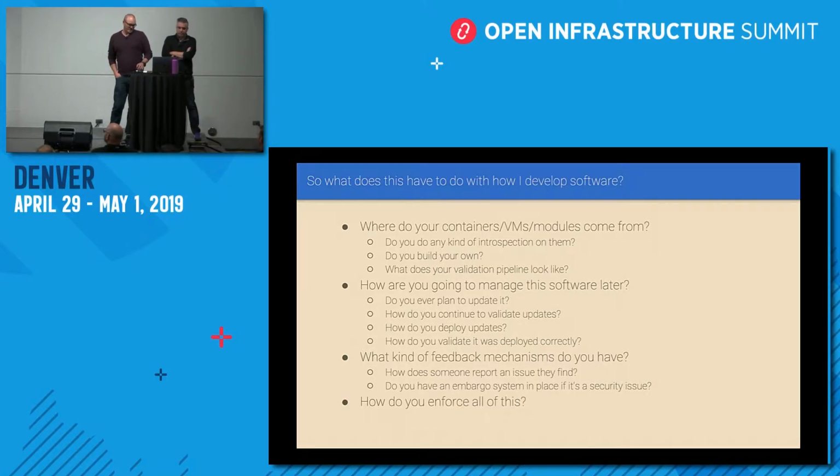And then last but not least, in this slide at least, how do you enforce all of this? Back to that security slide with the security guard who was just taking a picture of it. Having a security policy is great, but if people don't follow it, oh my goodness. That's something we're dealing with as well. Every company, big or small, deals with it. But how do you enforce it? Do you enforce it through technology? Do you just fire people who don't follow it? It's super important to figure out how you enforce it, because otherwise it's like my dog. He barks really loud, but then you look at him wrong and he turns and runs. It's not super useful. And he's a big dog, so you would think he'd be scary, but no, he's not.